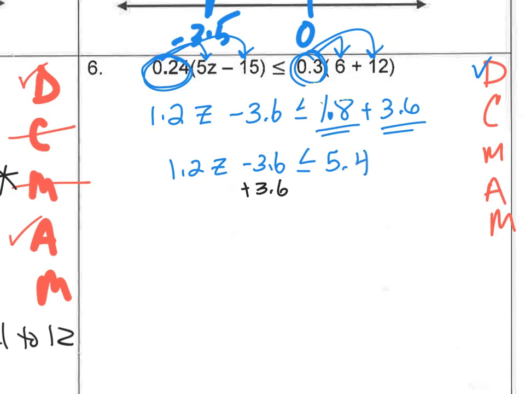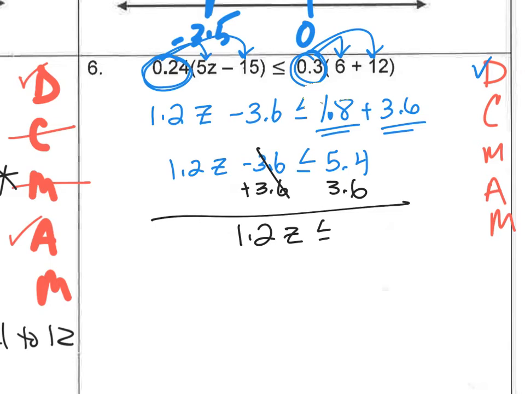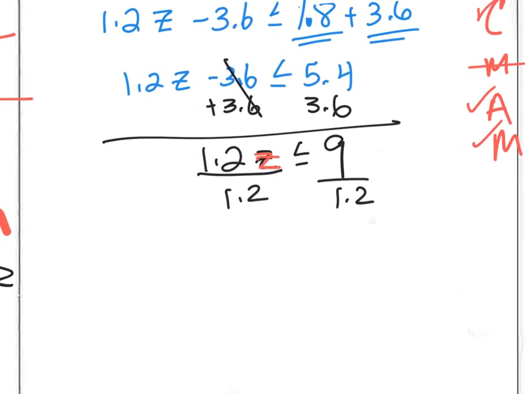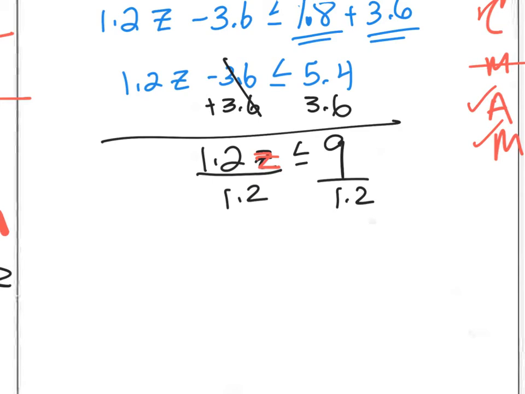I'm going to add 3.6 to both sides. 1.2z is less than or equal to 5.4 plus 3.6 is 9. Again, I'm still trying to isolate this z and get the z by itself. So I need to multiply or divide by 1.2. So I'm going to divide by 1.2. Now we divided, but are we dividing by a negative? Nope, we're not dividing by a negative, so there's no reason for an alarm and there's no reason for us to switch it. So I have z is less than or equal to